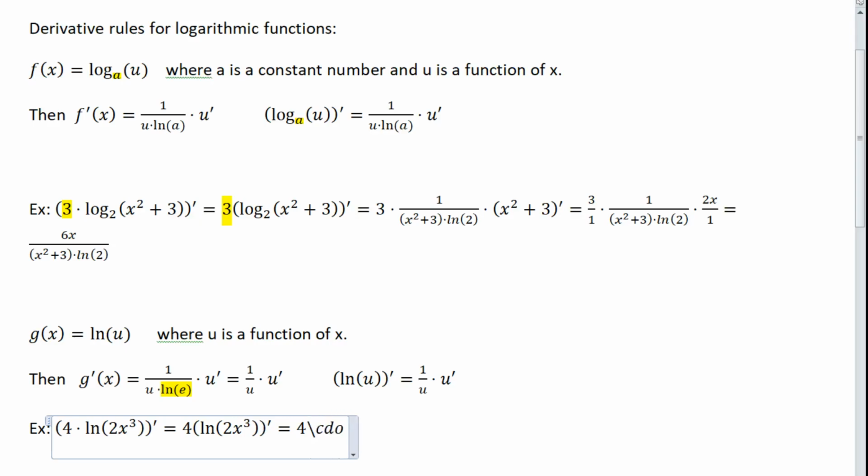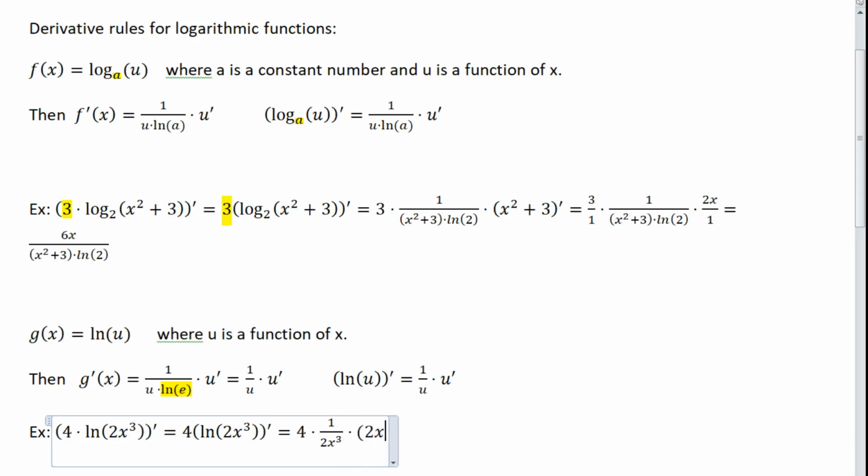It's going to be 4 times 1 over u, 2x to the third, multiplied by 2x to the third prime, and then you just have to evaluate the derivative of 2x to the third. You can take out the 2 multiplied by the derivative of x cubed, which will be equal to 4 times 1 over 2x cubed